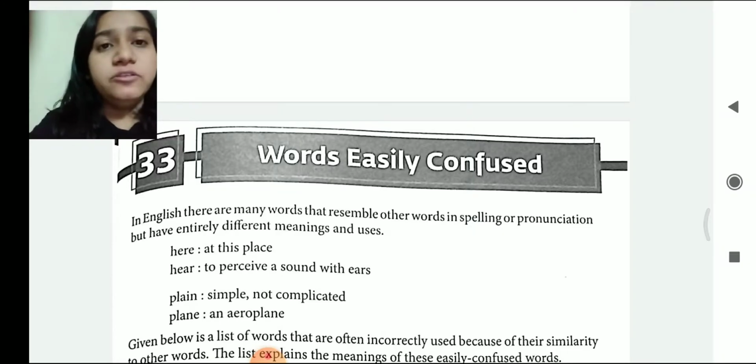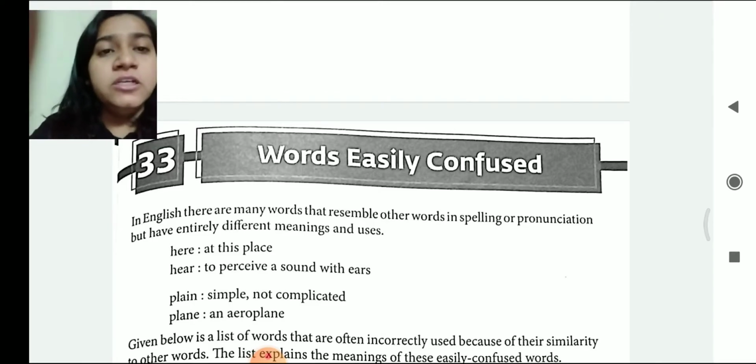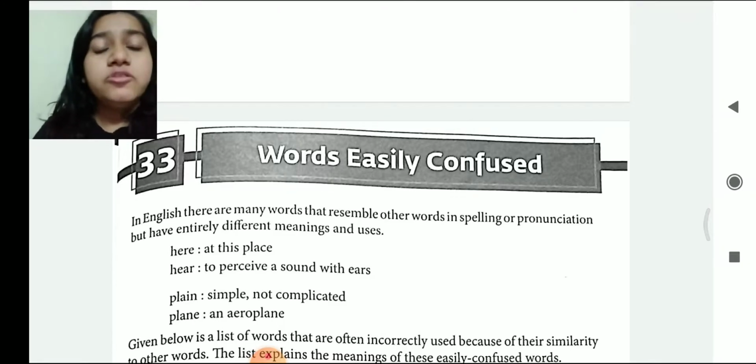First of all, I would like to tell you the very first Roman in your unit test is give definitions. So, the definitions which are given in the textbook, you have to write the same in your unit test. And the example, which is written in the main question, you need to write the whole sentence. If the question is about question tag, don't just write isn't it, wasn't it. You have to write the full statement.